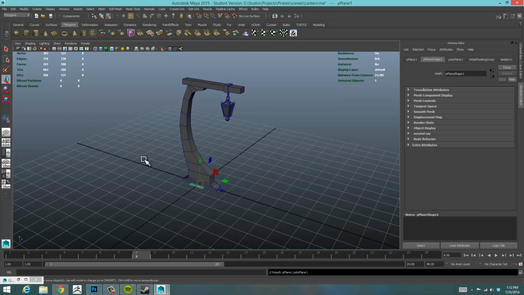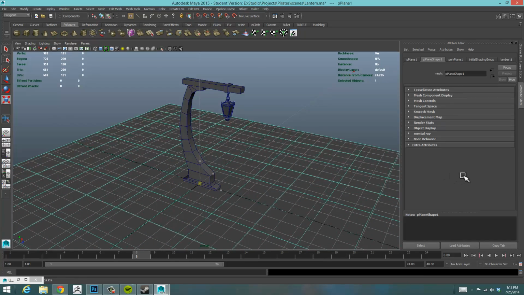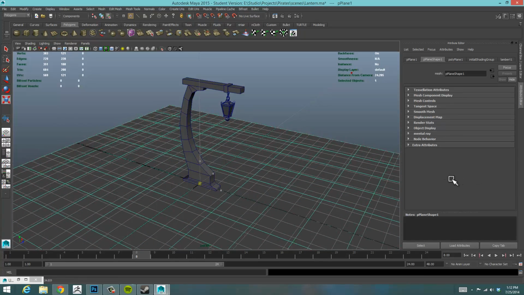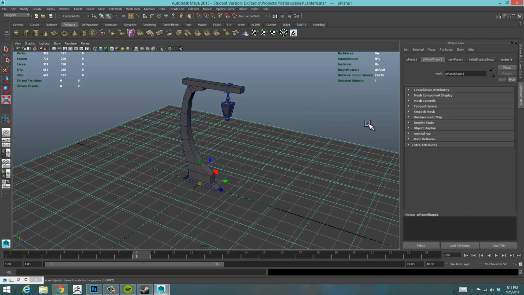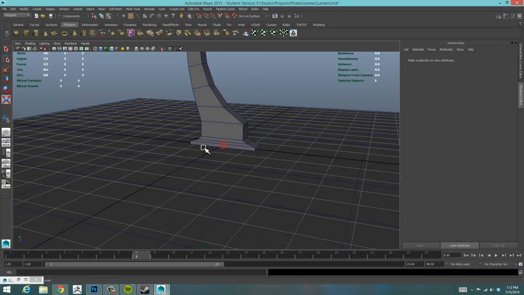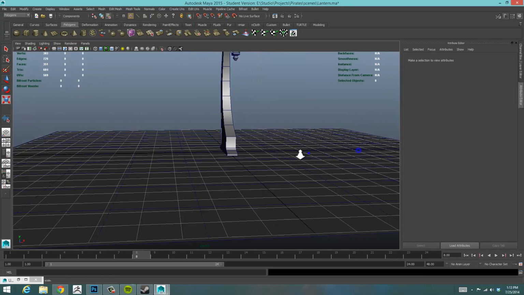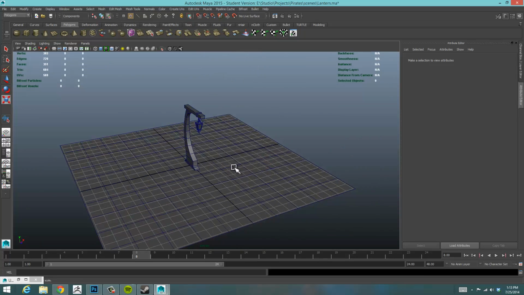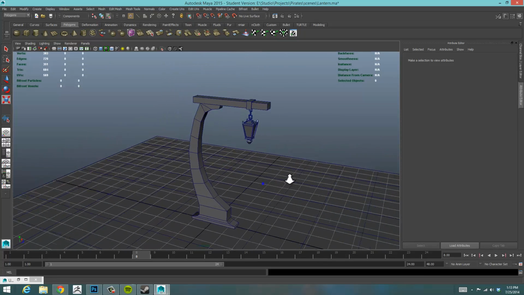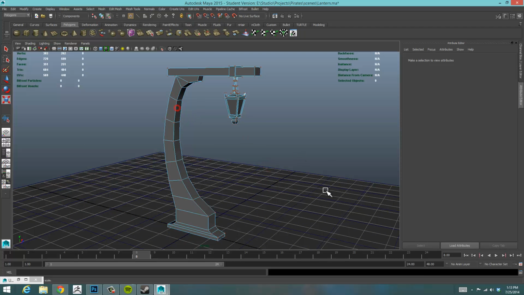So I'll go ahead and just make a plane. It doesn't really matter how many divisions it has or anything like that, because I'm just going to delete it later, and I don't really need the plane itself. I just need something to give me a dark edge around the bottom of my model. So once I have that, I'm going to select my model in object mode,